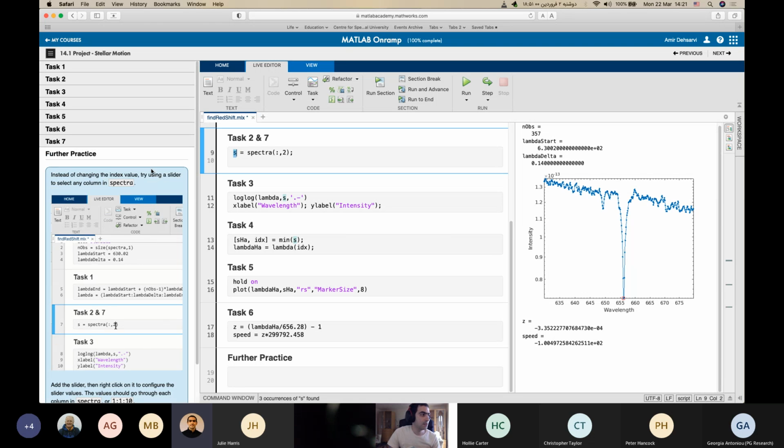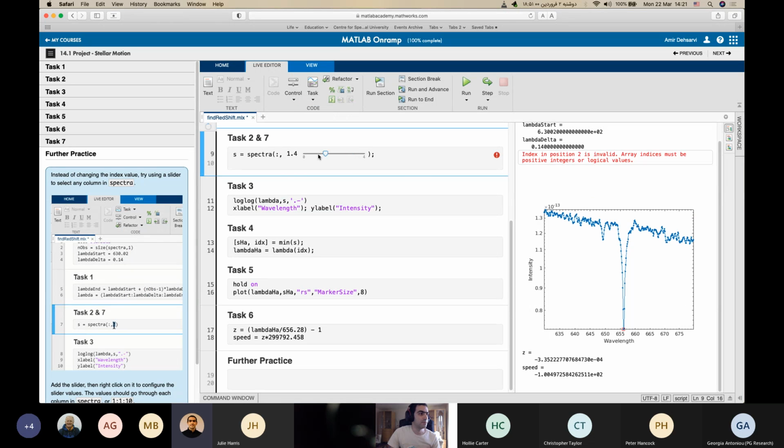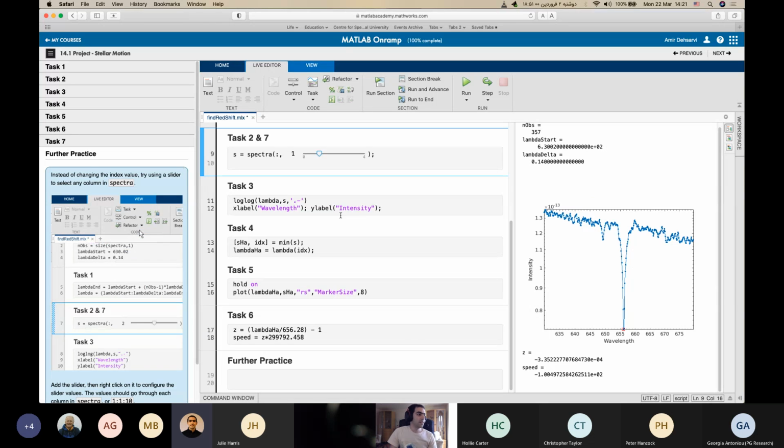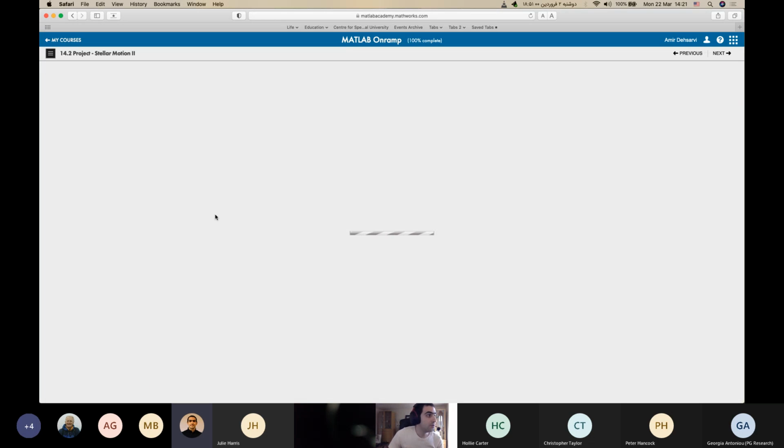project. There is a further practice thing where you can choose a control numeric slider for this, and you can just change the numbers. It has to be integers, I think, otherwise you will get errors. And then you can choose the star, as in the column that you want to look at. This is useful if you want to use it. It's between 1 and 10 if you just want to write it as code. Moving on to the next